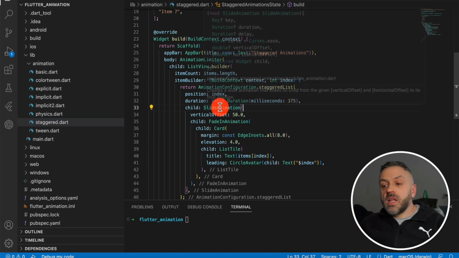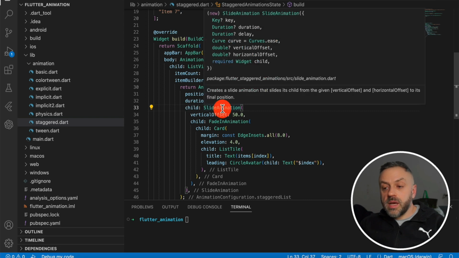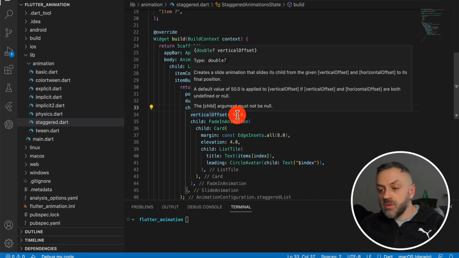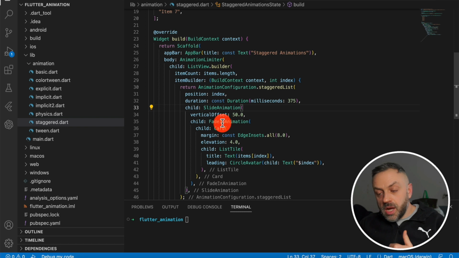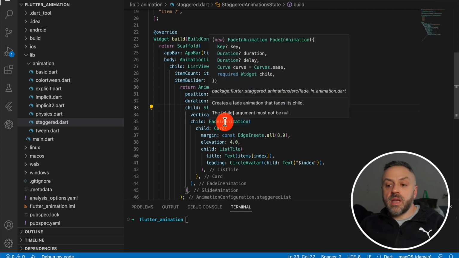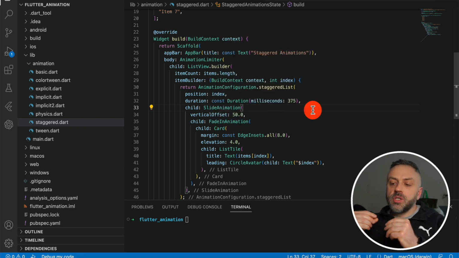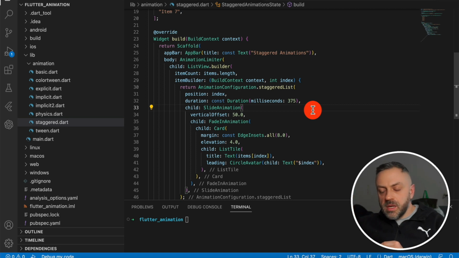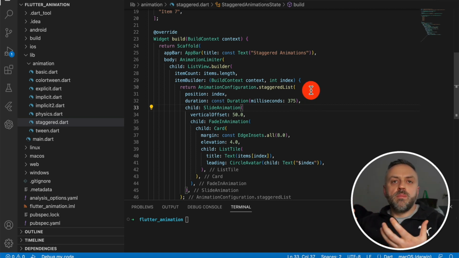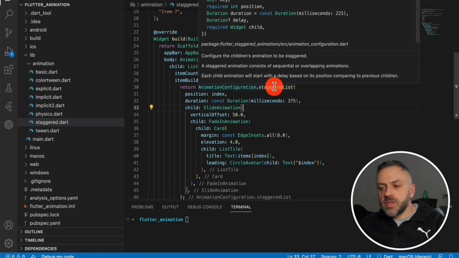And next we have a slide animation. The child is a slide animation. So we have a vertical offset of 50 pixels. And then another child, the slide animation's child, is a fade in animation. Okay, so these children are themselves animating, but what makes the whole magic come together is this AnimationConfiguration.staggeredList,